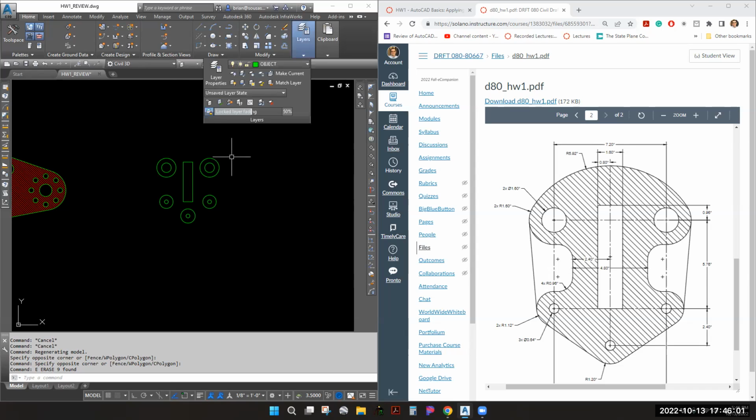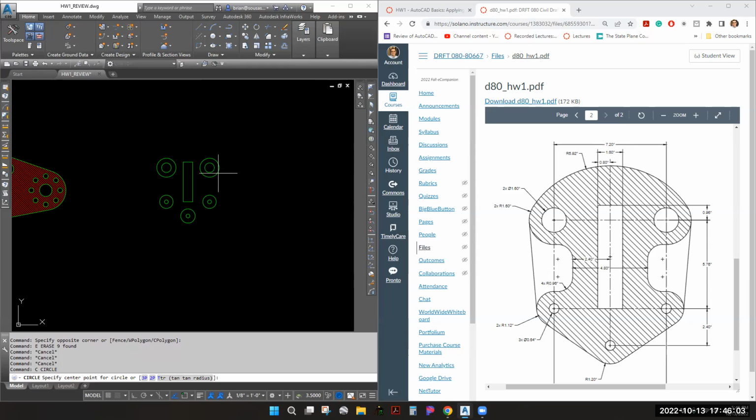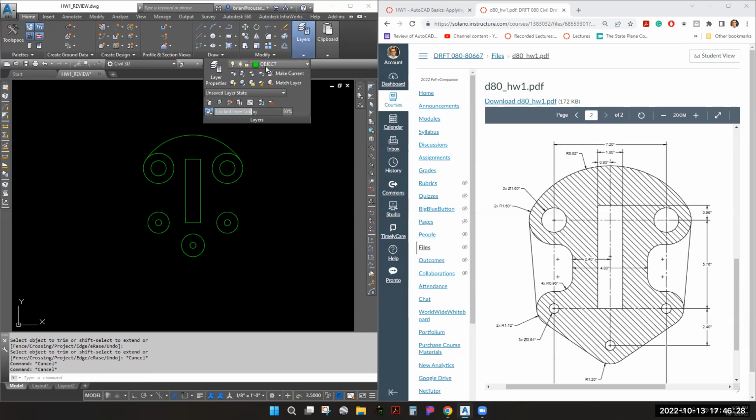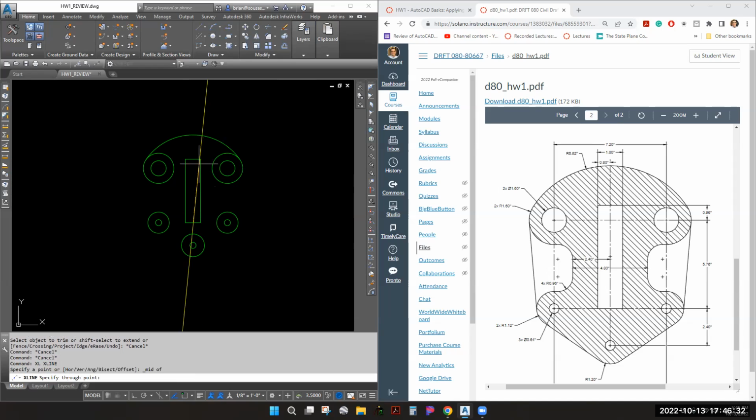So now what we're going to do is a circle, tangent, tangent, radius. I'm going to do tangent here, and the radius is 5.92. Okay. Then I can use these two outer circles to trim out what I don't need. Okay. I'm going to take, and again, I deleted things too early. So if I have a construction line,